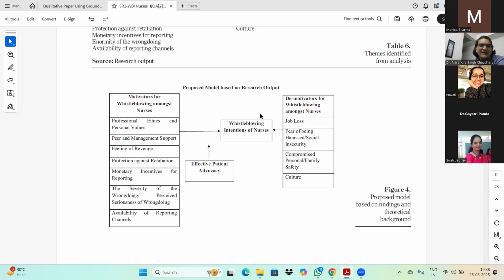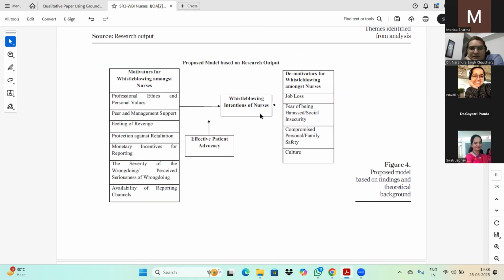दैट आई एम ट्राइंग टू मेक। अब यहाँ देखिए, मैंने यहाँ पे थ्योरी ली है, सर। वो रिसर्चर्स कंट्रीब्यूशन है, बोल सकते हैं? यस, एब्सोल्युटली, बिल्कुल बोल सकते हैं। अब यहाँ देखिए मोटिवेटर्स मैंने निकाले, तो मैंने बोला ये फैक्टर्स हैं पेशेंट एडवोकेसी के। जो पेशेंट एडवोकेसी है वो अंडरलाइंग थ्योरी है जो उनको मोटिवेट कर रही है टू एक्ट इन अ सर्टेन मैनर। मतलब एक फिनोमिना जो अपीयर हो रहा है, दैट नर्सेज आर सेइंग दैट वी वुड लाइक टू ब्लो द विसल, दैट इज बिकॉज ऑफ द अंडरलाइंग फिनोमिना। फिनोमिना क्या है कि पेशेंट एडवोकेसी बहुत स्ट्रांग है।